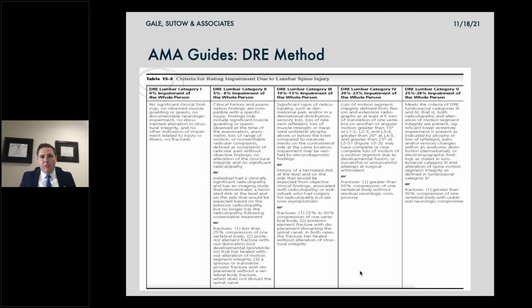But when you get the report and especially look at the PTP report, see if they're supporting the basis for moving someone to a DRE 3, DRE 4. Make sure they're complying with the AMA requirements. Because I can tell you there's been a number of times I get that QME or AME report in, they're at a DRE 2. I get the PTP report in, and they're at a DRE 3 or DRE 4. And I'm looking at it saying, well, you haven't done any EMG NCV testing. You haven't shown that there's radiculopathy. You haven't shown that there's a dermatonal pattern, aka you haven't done the sensory evaluation. So make sure when you get these reports in that they're supporting their basis for moving them into the higher categories.